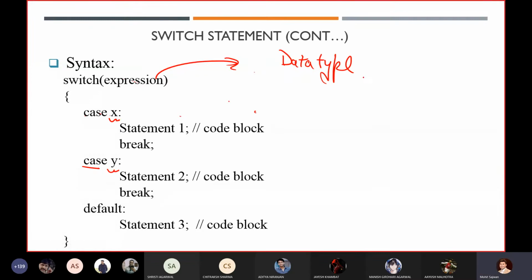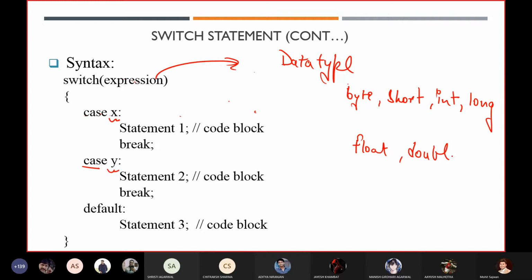Till now, how many data types have we covered? We have covered byte, short, int, and long. These are for integer values. For floating values, we have used float and double.